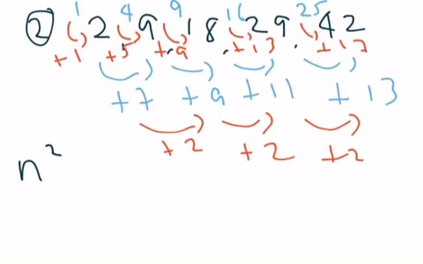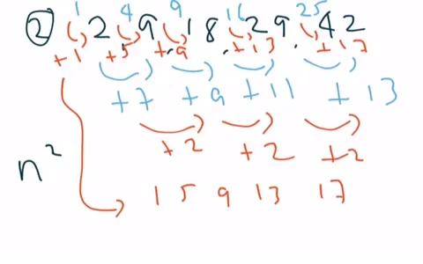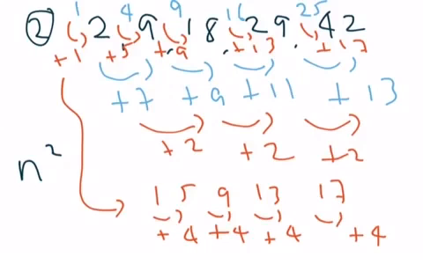If I just extract that and write it out here, we've got a series 1, 5, 9, 13, 17. Let's look for the common difference. That's plus 4, plus 4, plus 4, and plus 4. So we need to find the nth term of this. That's the first term, second term, third term, fourth term, fifth term. We can see the nth term is going to be 4n